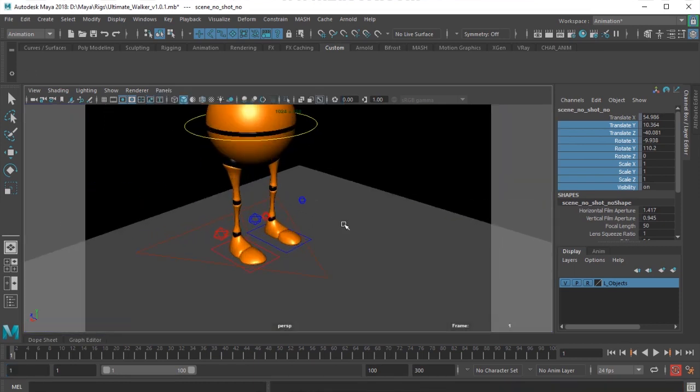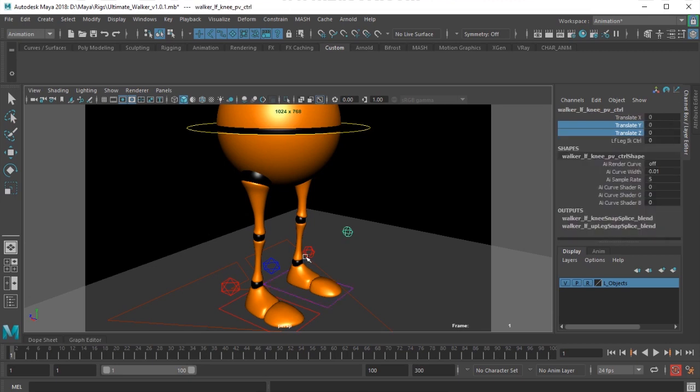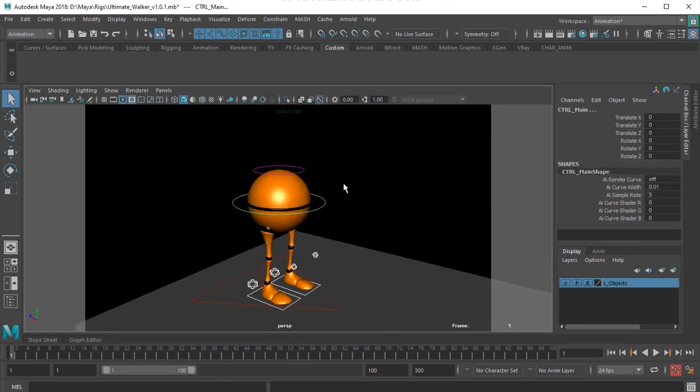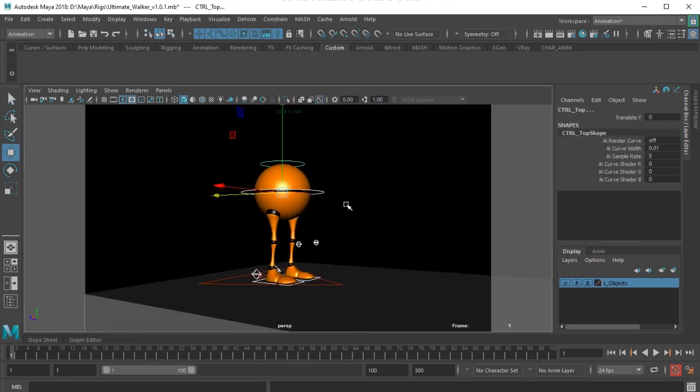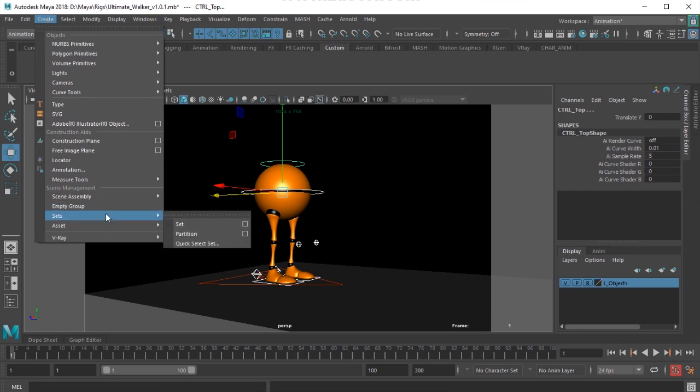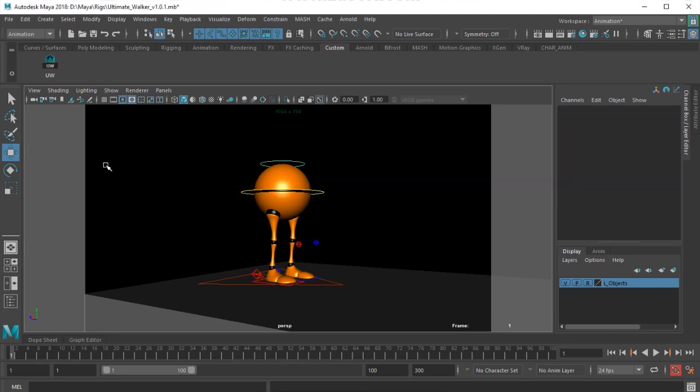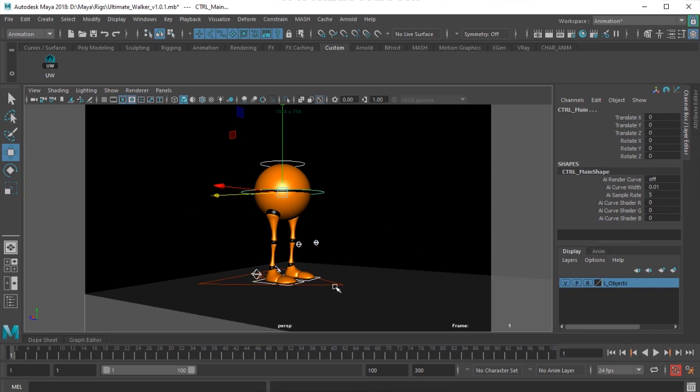So I'll come here to the perspective view. I select the controls like that, and I go to create, sets, quick selection set, name it UW, and then say add to shelf.